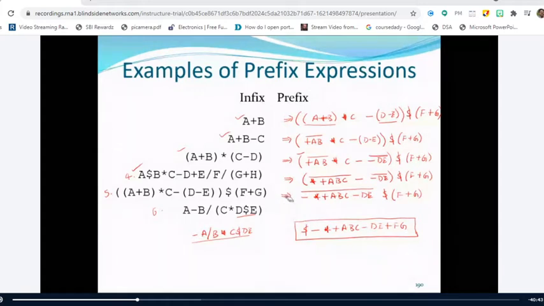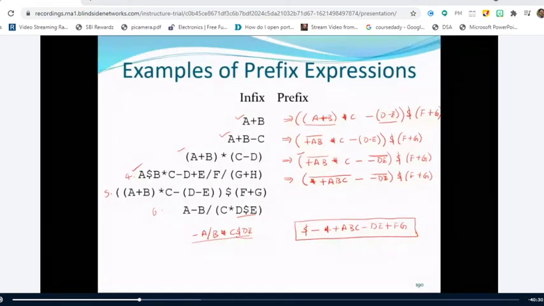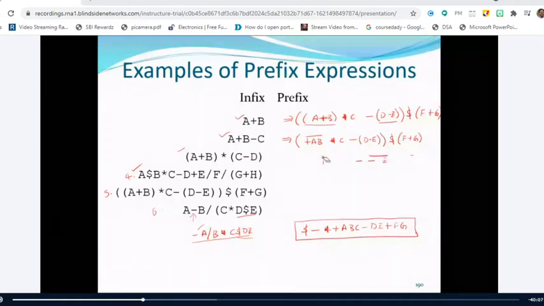Right. So I'm not going to explain how we got it, because we have done a lot of these. D dollar E has to be solved first. Therefore I got this one. After this I solve this one. Therefore I got star C dollar DE. After that division has to be solved. So it becomes division B, and this is the second operator. Then we are left with only one operator, that is minus, and then I have solved. So is it the correct answer? You got it? Have you tried or not? Yes, sir. Okay, thank you.